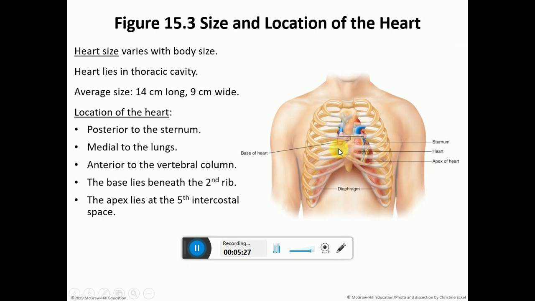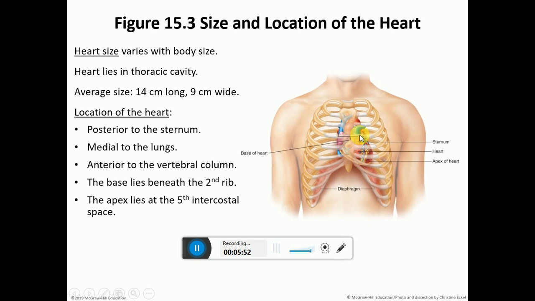Right here, this shows the triangle, the heart kind of looks like a triangle where the apex of the triangle is found in the 5th intercostal space. 5th intercostal means the space between the 2 ribs, and 5th intercostal would be between the 5th and the 6th rib, while the base of that triangle is all the way up here, and that is found behind the 2nd